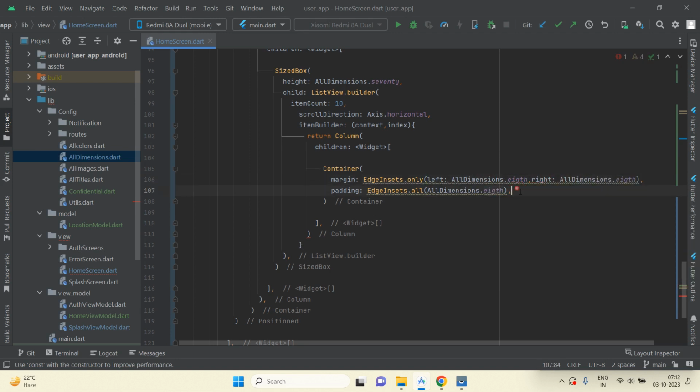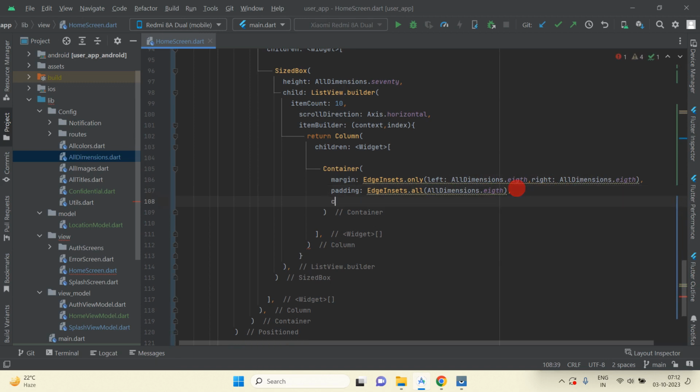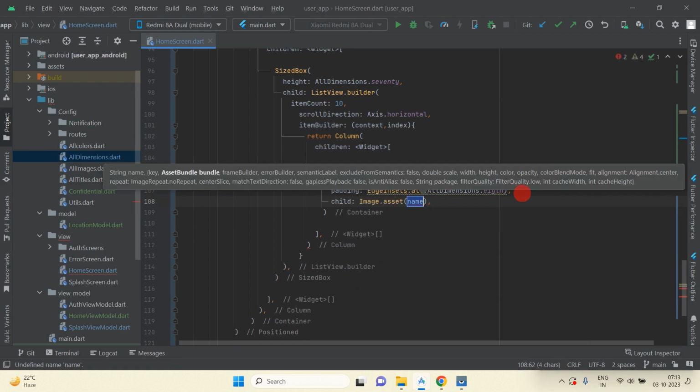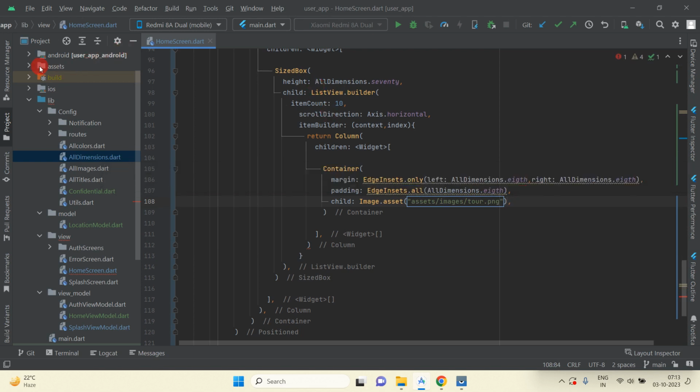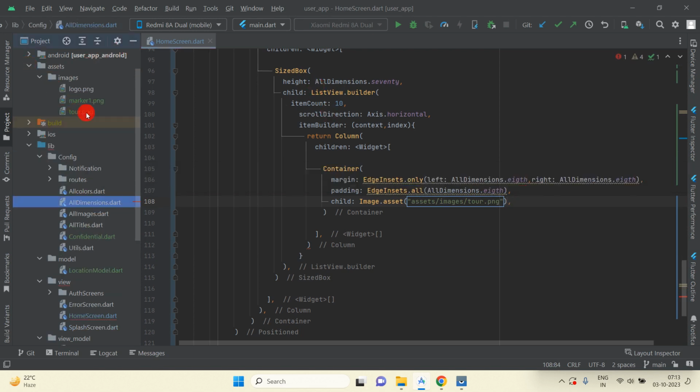Okay, and now I am going to use child here, and the child will be Image dot asset, and then here we will use assets images 2.png. As you know that we have already 2.png image here, so I am using that image,